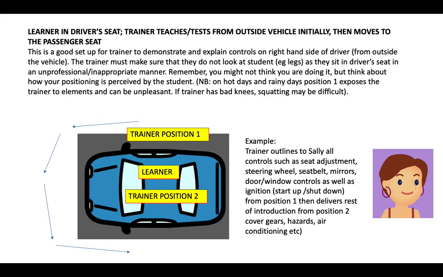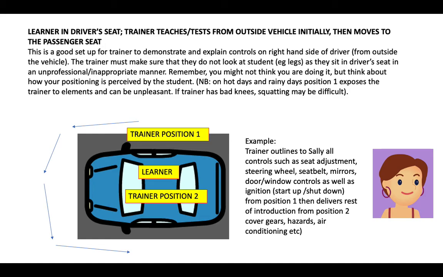Okay, this scenario is the learner in the driver's seat. The trainer teaches or tests them from outside the vehicle initially, then moves to the passenger seat. So the trainer is actually the one that starts outside and moves in this scenario. This is a good setup for the trainer to demonstrate and explain controls on the right side of the vehicle